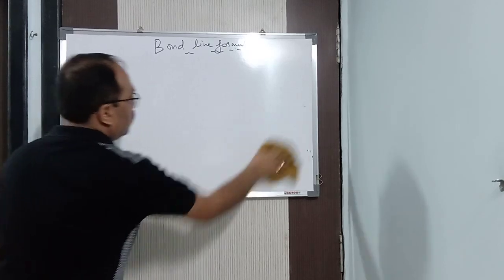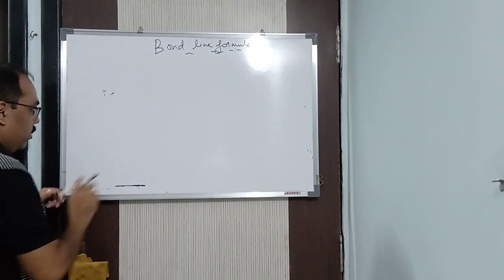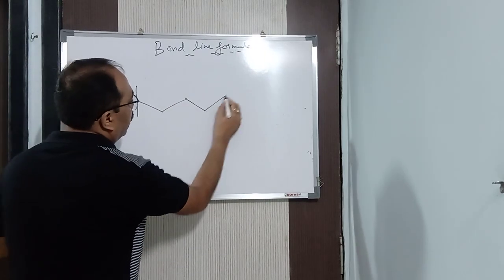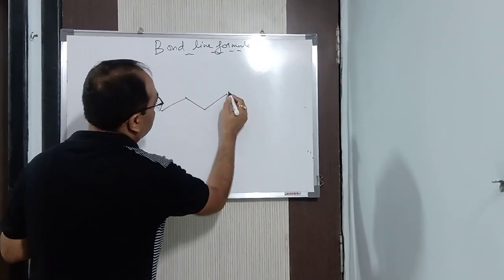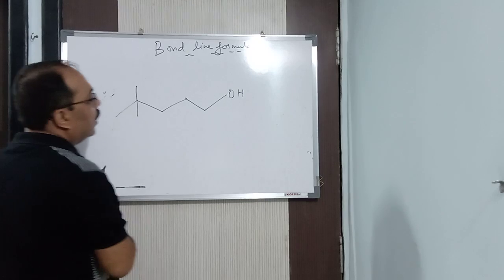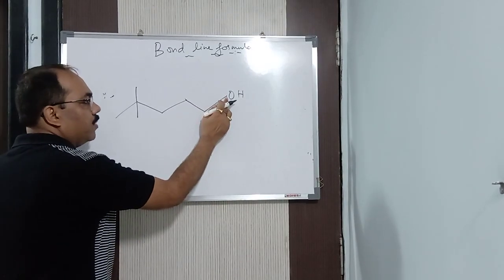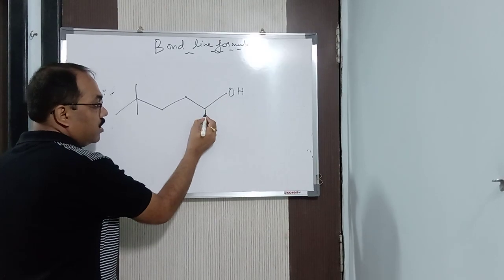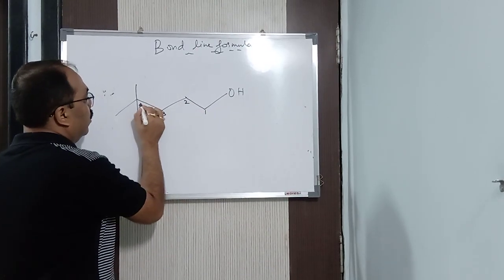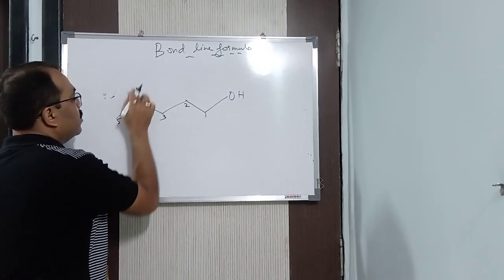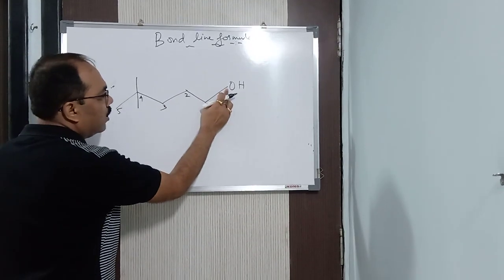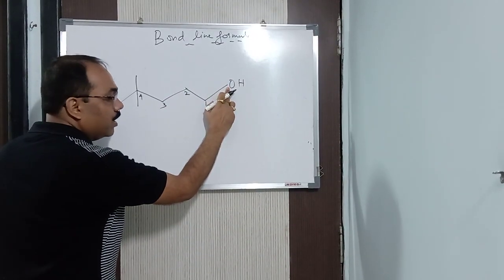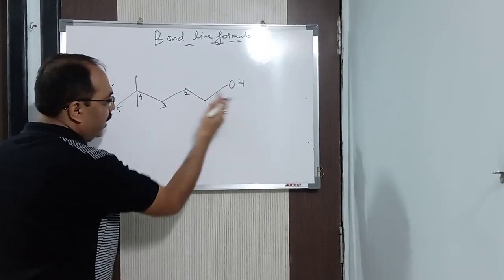Clear? Now suppose I am putting a functional group. Okay, let me put a functional group. Let me put it here, and let me put here that is OH. Now this is a functional group, so we will count from here. So don't count from here. Here the carbon atom is not there. Carbon atom is here. 1, 2, 3, 4, 5. You can go 5 in this way, you can go 5 in this way. You will say carbon atom is not here. But you said terminal. Here the terminal is not carbon, the terminal is OH. You write it and see.